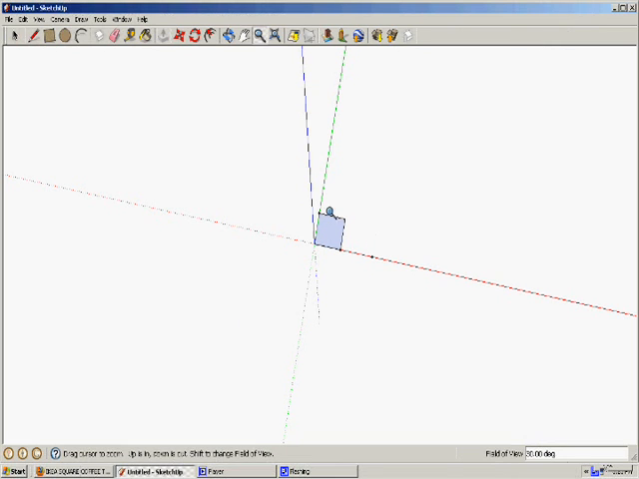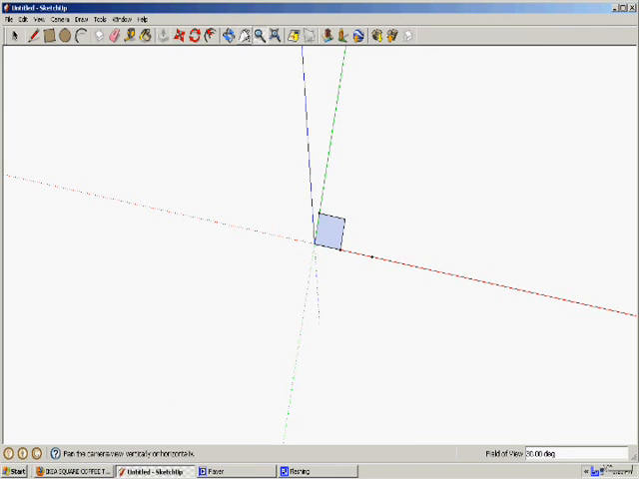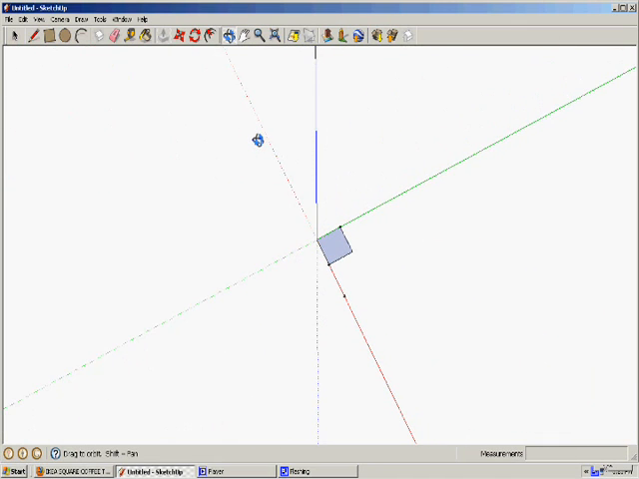Okay, so now we have this square drawn, and the square is going to become the leg of the IKEA table. And I've already gone ahead and measured the height of the leg, and the height of the leg is about 1 foot and 3 inches. Before I actually draw that on, I'm going to use my tape measure to help me measure out 1 foot and 3 inches. And I'm also going to use my orbit tool to rotate around so I can see the z-axis right here, and use my tape measure and mark off